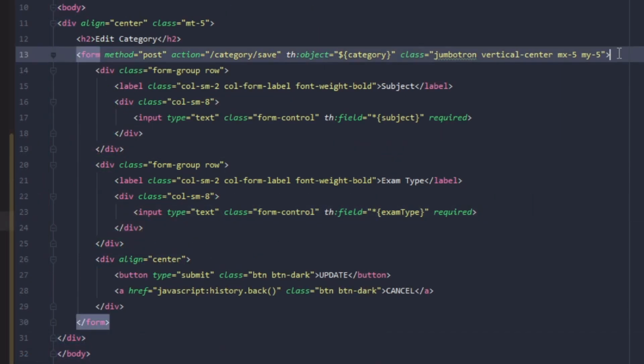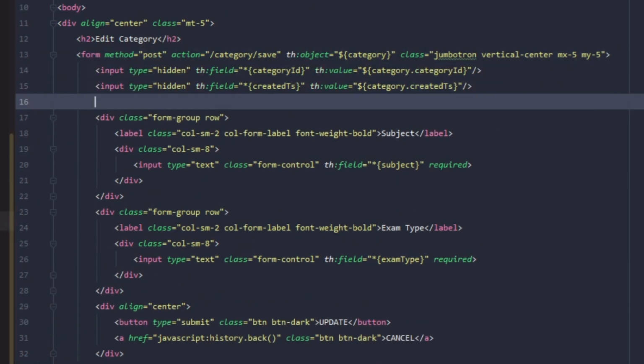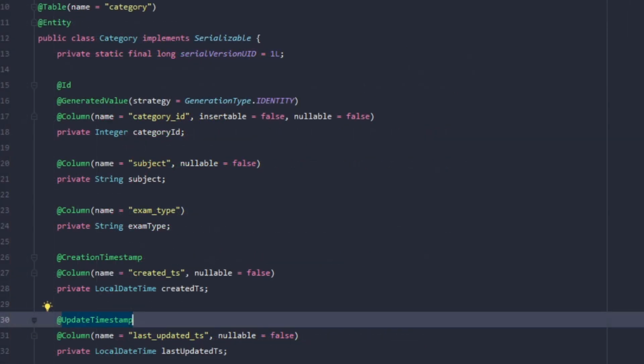One crucial difference between add category and edit category HTML is that we need to add two hidden input fields to hold the value of ID and create a timestamp from the model attribute in the HTML. In our JPA entity, ID can be unassigned for creation since we have marked the field with the generated value annotation. But it cannot be unassigned for updation. If the ID is not provided, the record will be treated as a new record and the ID will be